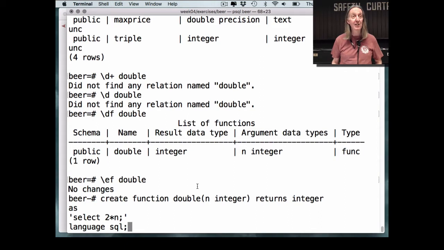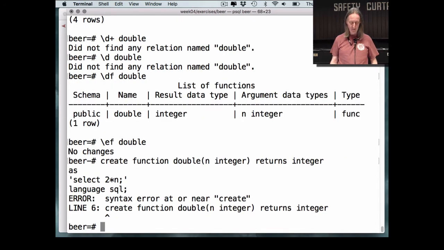If I hit enter, it's going to fail because this function already exists. Why is it giving me a syntax error? Because, alright, there was something lingering from that \EF. But in any case, that's how I can define a function, and once I've defined it,